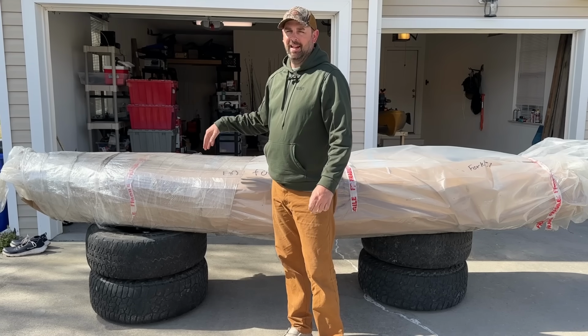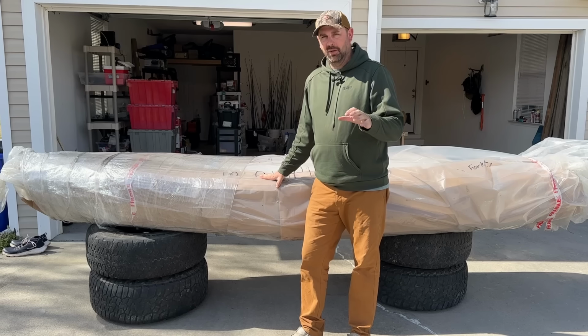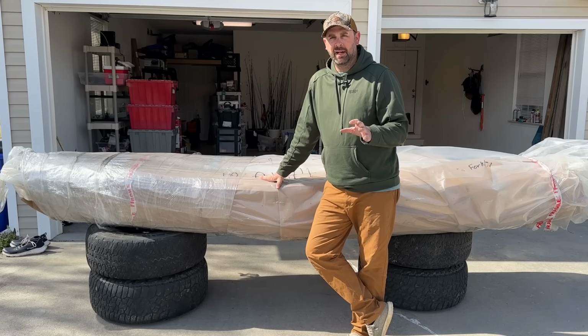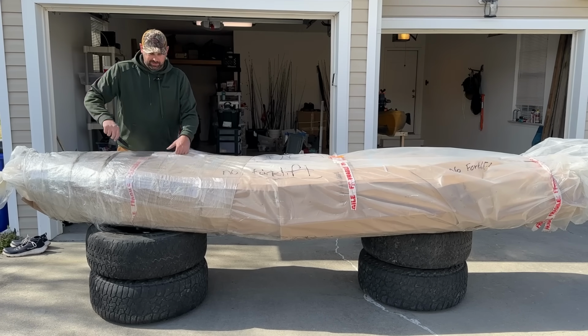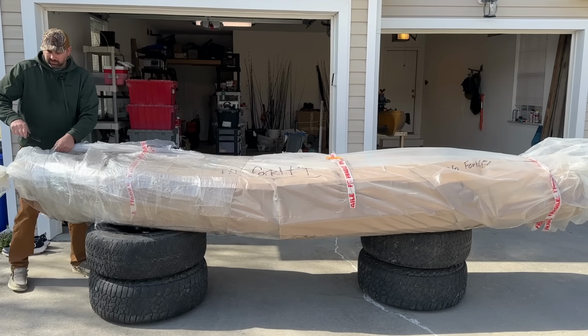At this moment, this kayak is not even for sale yet. I'm gonna unbox it, go through it, look at it for the first time. I think we're gonna be able to do some comparisons to one of my old kayaks. I opened up an electric bike one time and cut the seat when I was opening it up, so I'm gonna be careful. These things are packaged really well, but